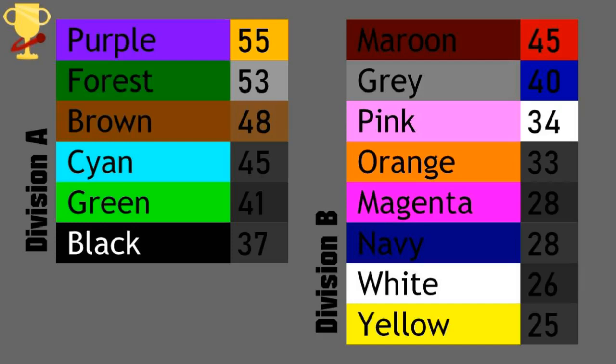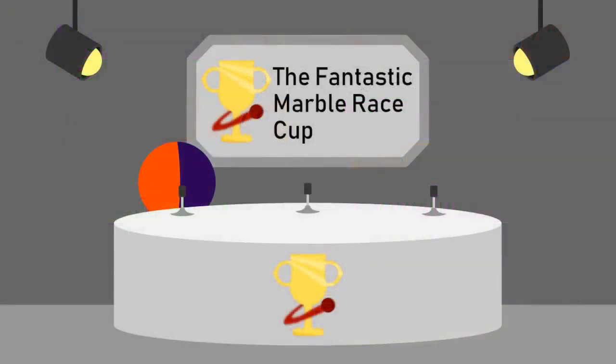At this point, Black is not able to make it into the semifinals. They cannot place in the top 3. This is because their point total, 37, is more than 10 less than Brown's 48, who is in third place, meaning they have no chance of passing the third place person in order to get into the top 3. The other marbles, though, all have a chance, so we'll see just who makes it into the semifinals in the next